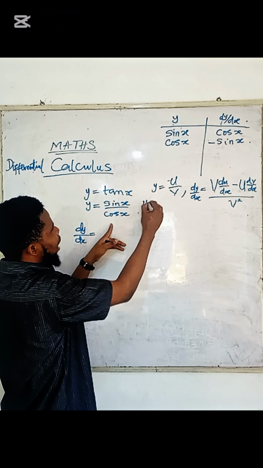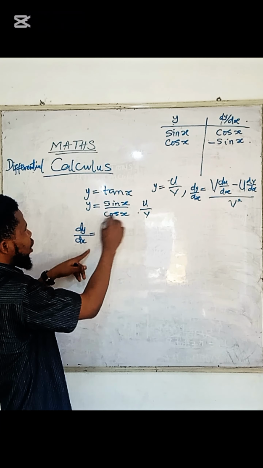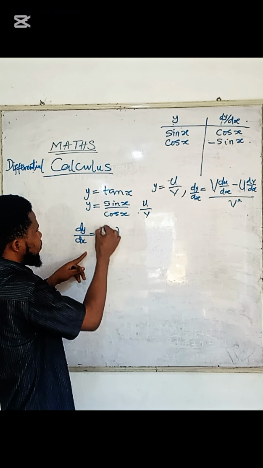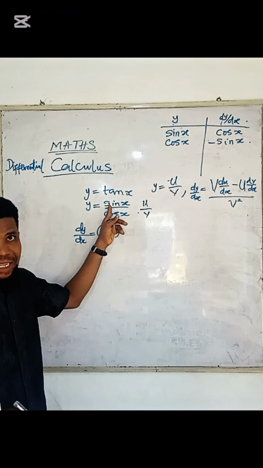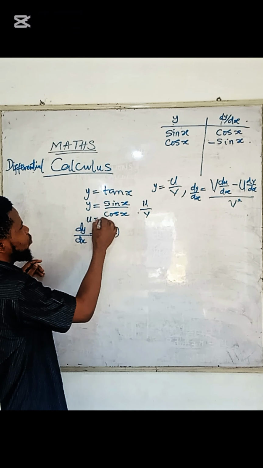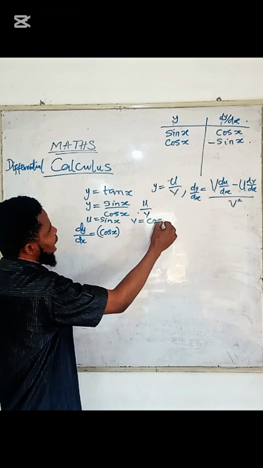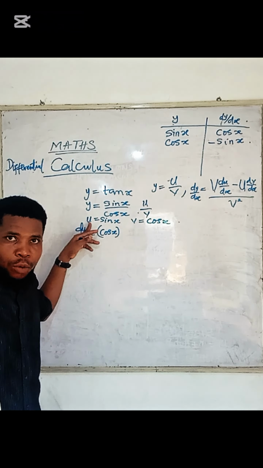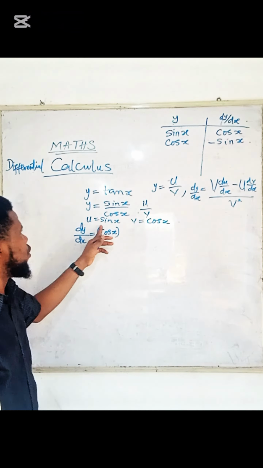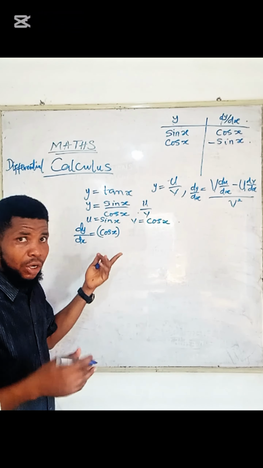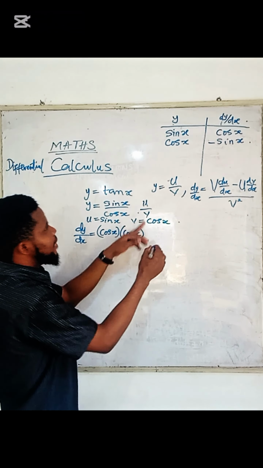So, dy/dx will have what? This is our u and this is our v. So we start with v, which is cos s, in bracket, then du/dx. What is du/dx? u is sine s, and v is cos s, right? When you differentiate sine s, you will have cos s. So I multiply by cos s again. Then minus